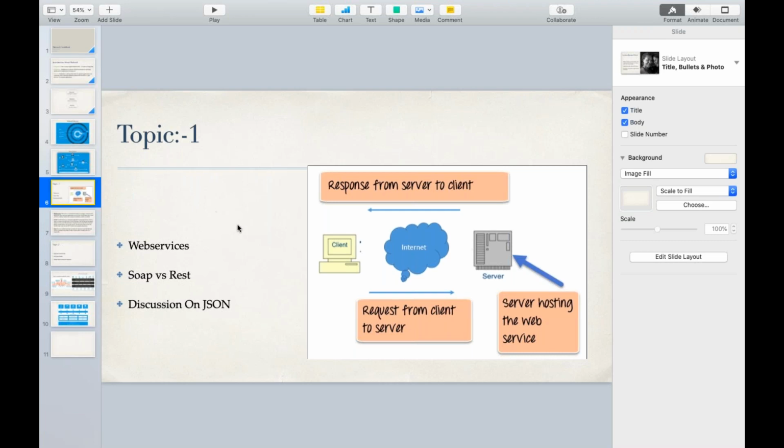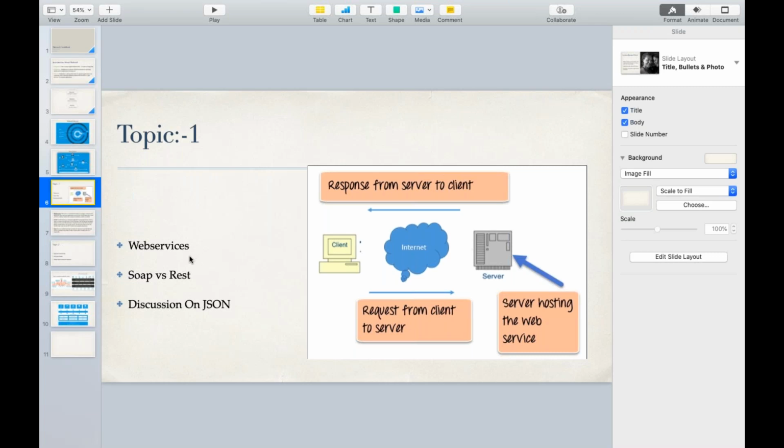I'll go through these topics as well. To find more details about these topics, you can take the recordings from Harsha Academy.